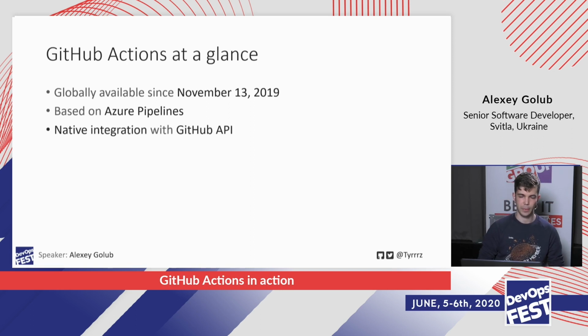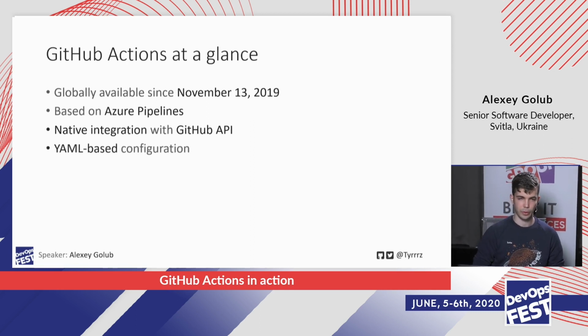Besides that, of course, GitHub Actions has native integration with GitHub, which is quite obvious, I suppose, being a GitHub product. And that actually allows you to do really cool, interesting things with your repositories and your projects that we'll get into later. Of course, it uses YAML for configuration. As a matter of fact, it used HashiCorp configuration language while it was in closed beta, but it didn't really stick, so they changed it back to YAML after a while, to the dismay of many people. But nevertheless, that's what we have. So GitHub Actions uses YAML for everything.